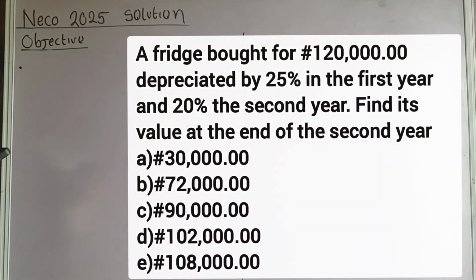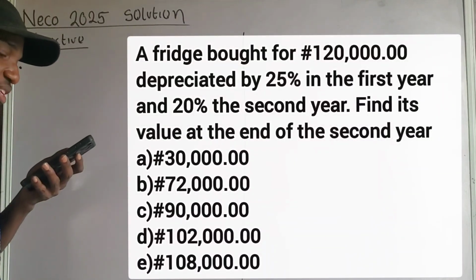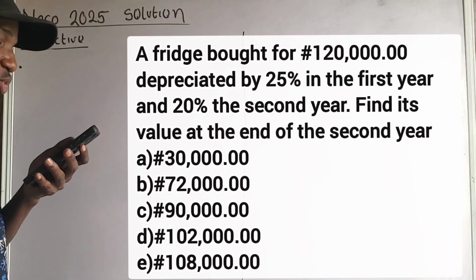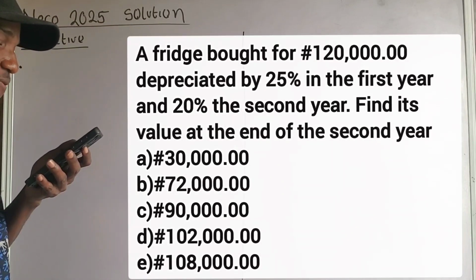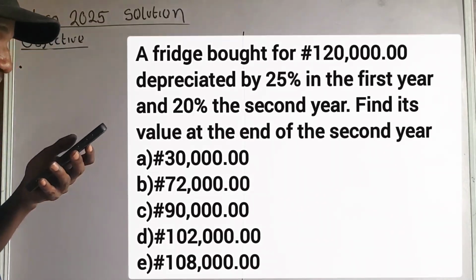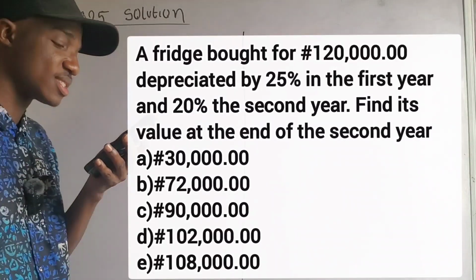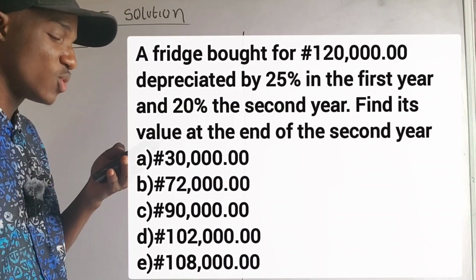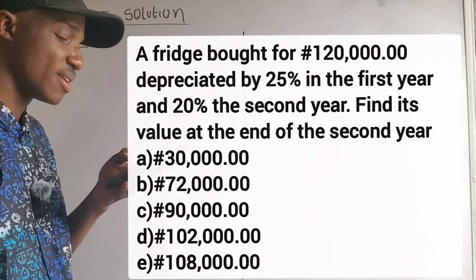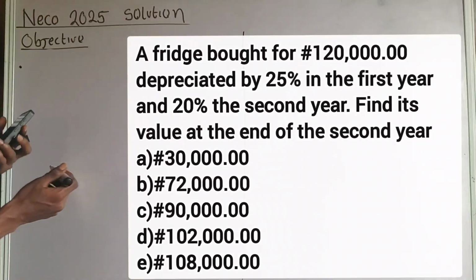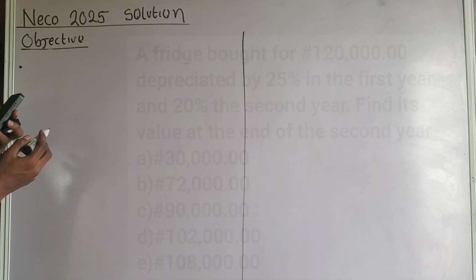A fridge bought for 120,000 naira depreciated by 25% in the first year and 20% in the second year. Find its value at the end of the second year. A, 30,000 naira. B, 72,000 naira. C, 90,000 naira. D, 102,000 naira. E, 108,000 naira. Okay. We are given that the fridge was bought at